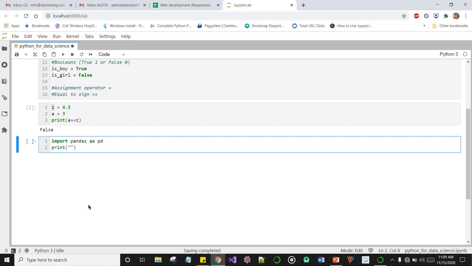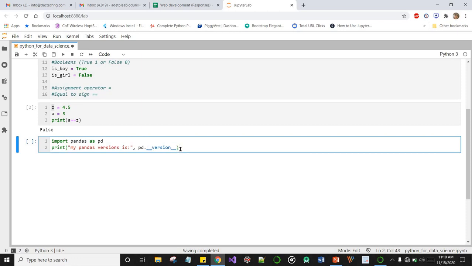So we can say print, let's make it more exciting, print "My pandas version is", comma, pandas dot dunder version dunder. The dunder sign is a double underscore, okay. So this is a double underscore, not a single underscore, so note it as a double underscore.